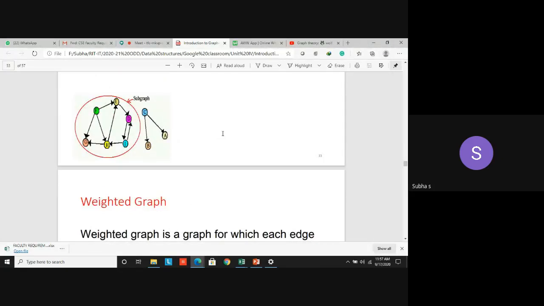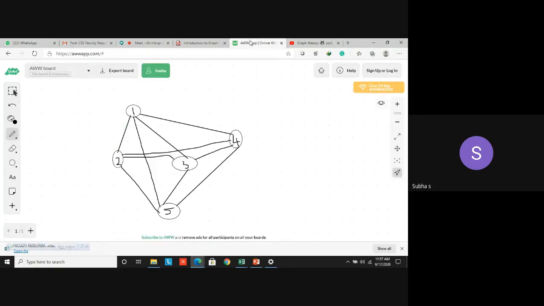So assume that you have 5 cities. You are starting from city 1. You have to travel to all other cities, but you should not go to a city more than one time. You have to visit only one time. That means you have to know the distance from city 1 to city 2, 3 and 4. Assume these are cities 1, 2, 3, 4, 5. You are starting from city 1. First, which city is nearer to city 1? You have to check whether 2 or 3 or 4 or 5. Suppose if 5 is nearer, you can go there. How can you check? By measuring the distance only.